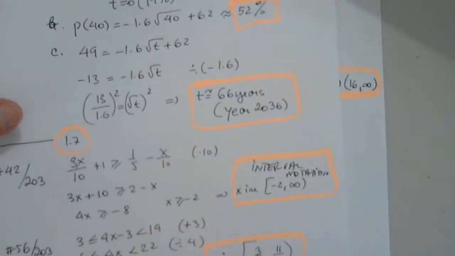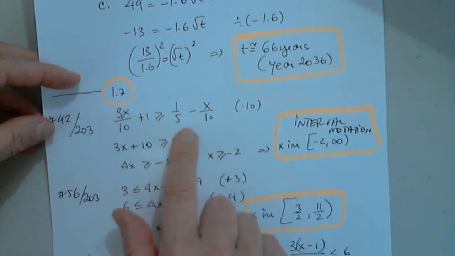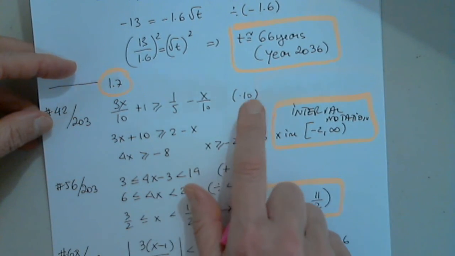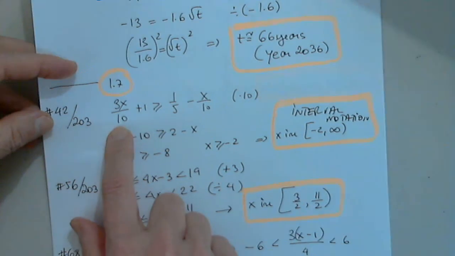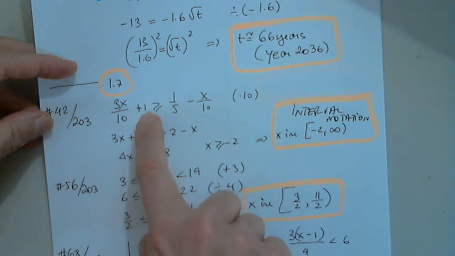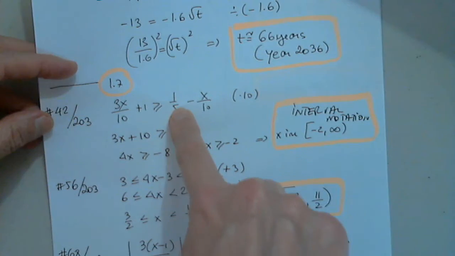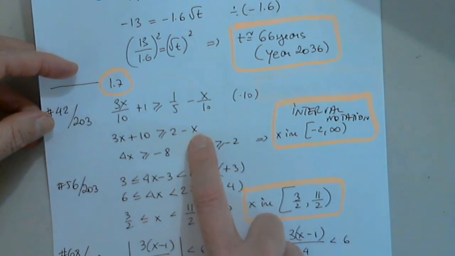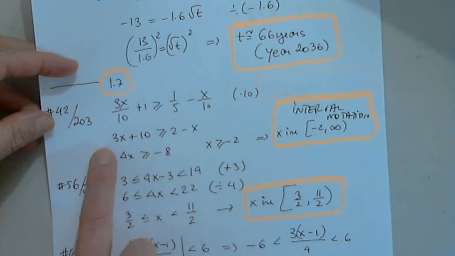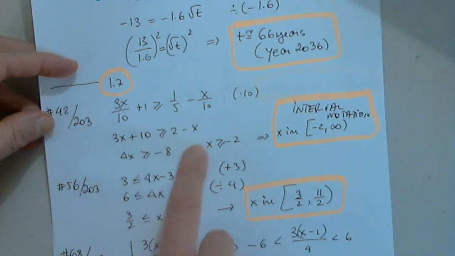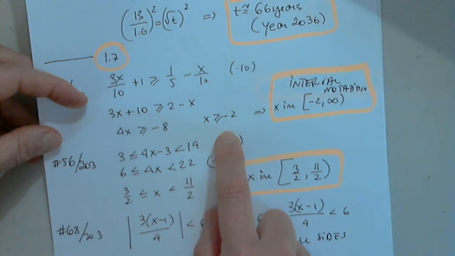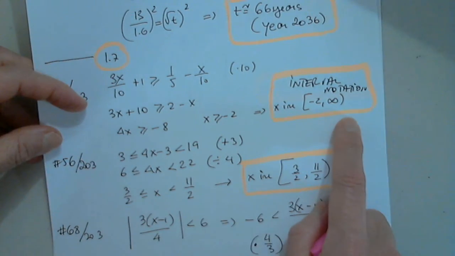Last section, section 1.7, linear inequality. Always get rid of the fractions. Multiply this by 10, we get 3x. Multiply this by 10, we get 10. Multiply this by 10, we get 2. Multiply this by 10, we get x. I move x to this side to get 4x. I move 10 to the other side to get -8. I divide both sides by 4 to get greater than or equal to -2,